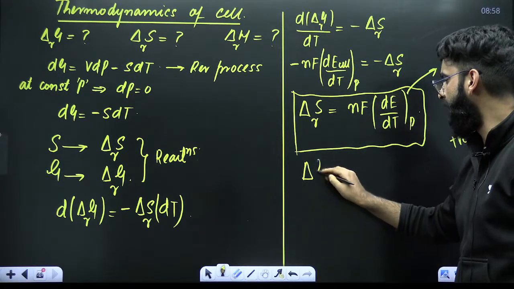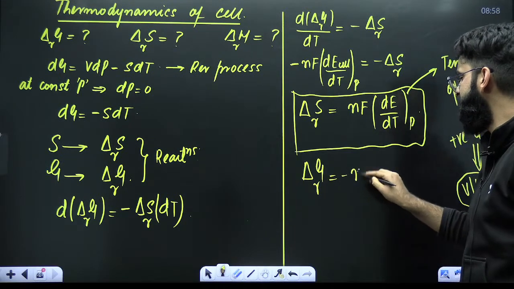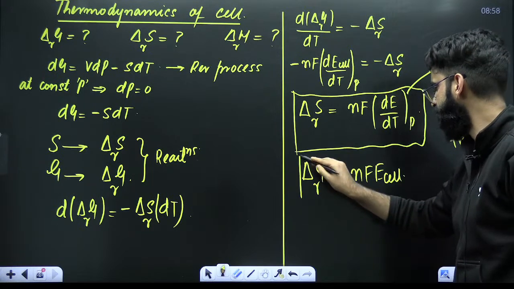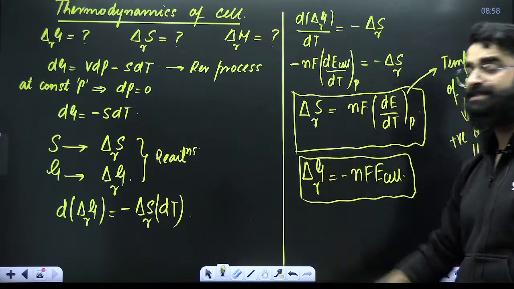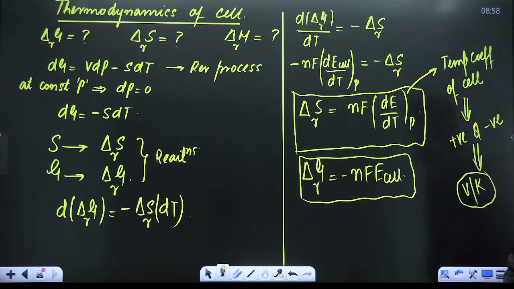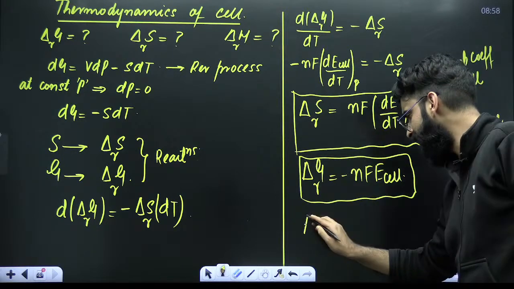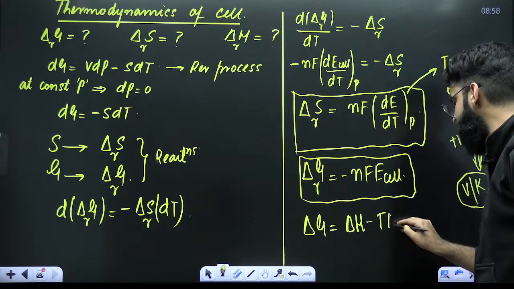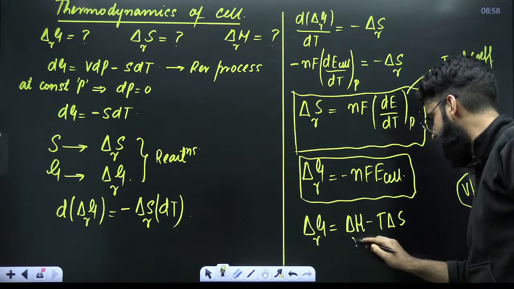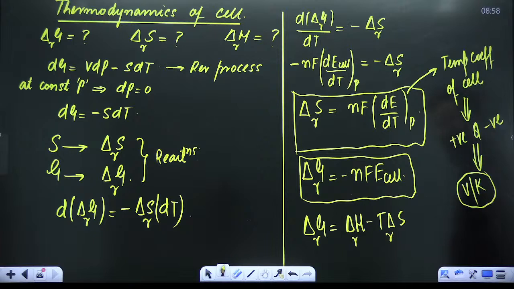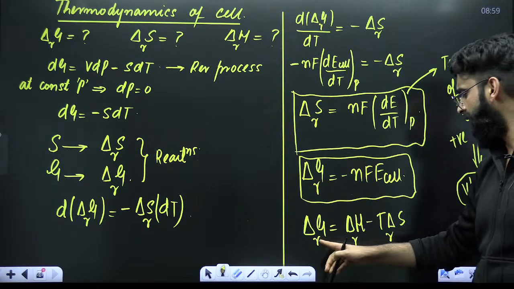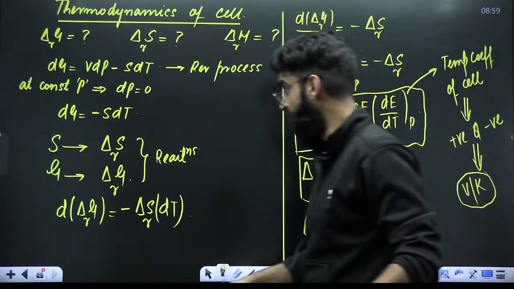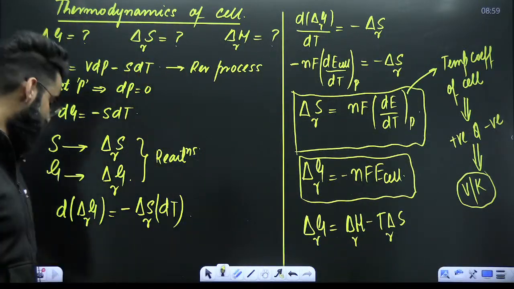Similarly, if they ask you to calculate delta G for the reaction, delta G is simple, minus nFE cell, right? So two parameters are done. If they by chance ask you about delta H for the reaction, you know your delta G, as per thermodynamics, delta G is equal to delta H minus T delta S, right? Now, when it comes to the cell reactions, you'll write the reaction everywhere. Perfect. Now, delta G value you know, delta S value you know. From here, you can calculate delta H.